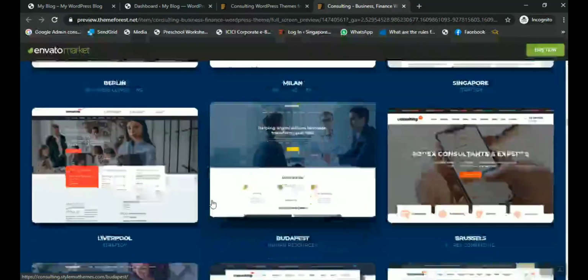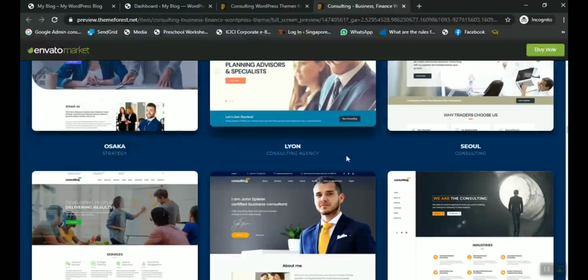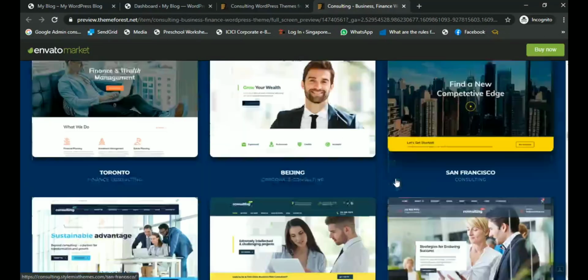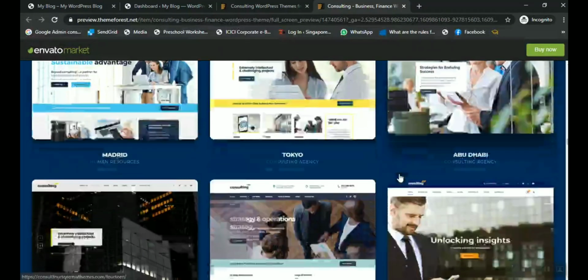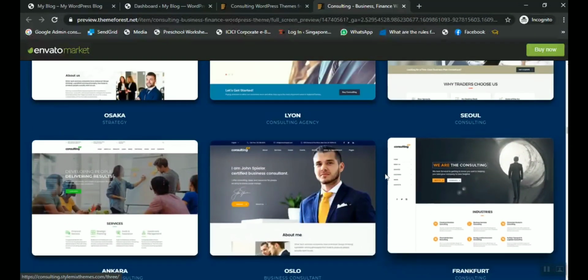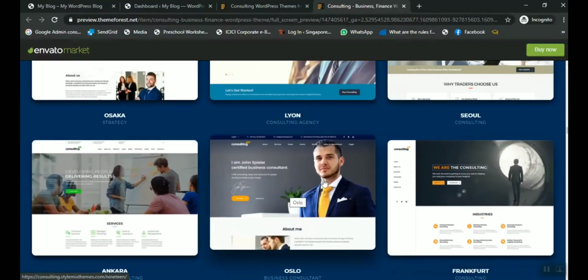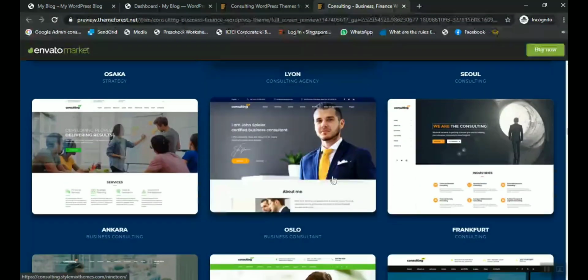They have given us a lot of demos by city name: Osaka, Lyon, Seoul, Beijing, Toronto, San Francisco. So we can choose any consulting theme here. I will go and choose New York or some simple theme. I think I should use this one. Oslo is looking good here. I can try this Oslo consulting theme here.